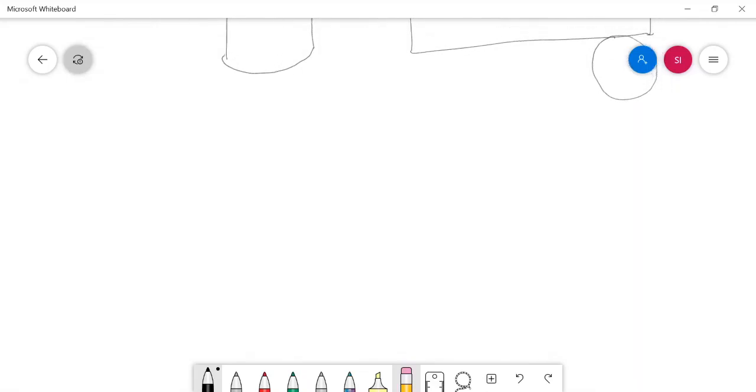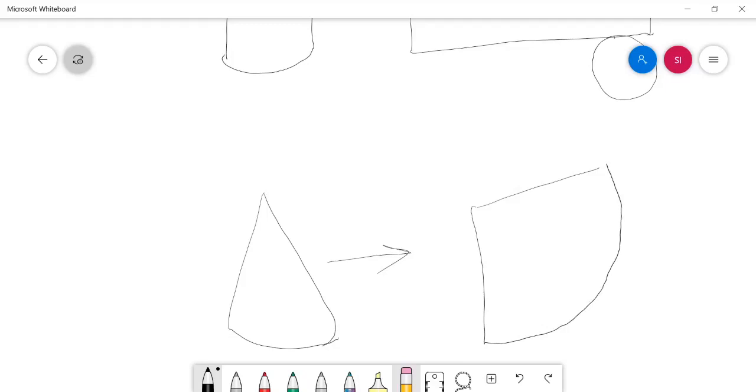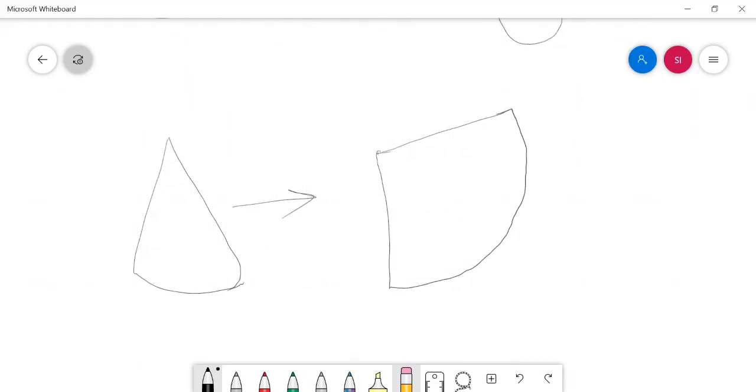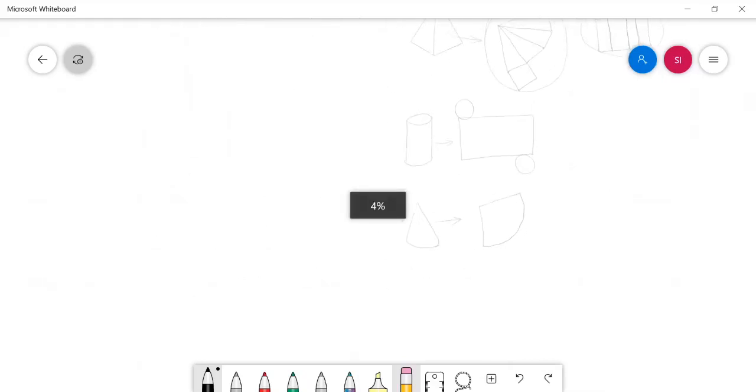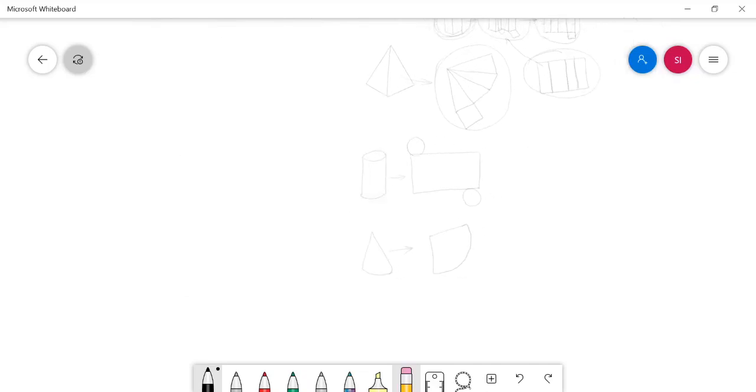And if you uncover a cone, then you will get a sector of a circle. In this way we can develop the solid in reverse manner.